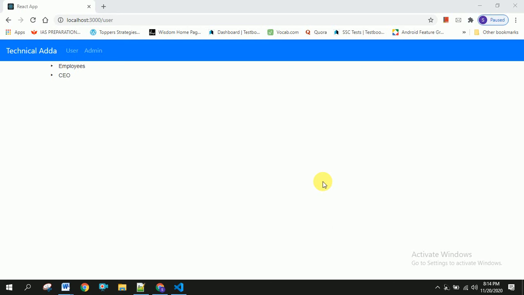In this video we are going to see how to create a tree view in React. So this is the demo for this tree view application. If you see here, we will be getting the different data. Tree view in the sense data inside the data, or array inside an array.